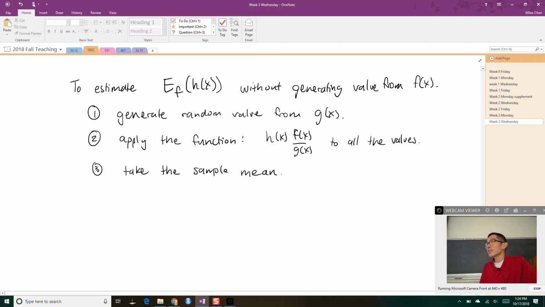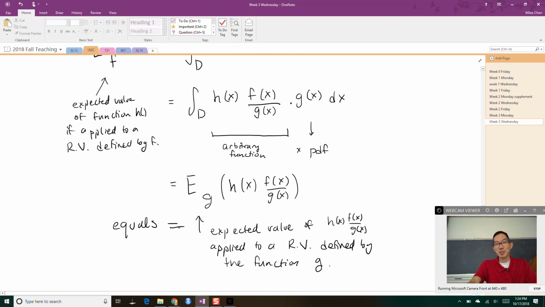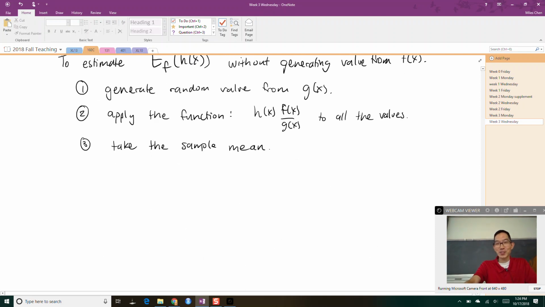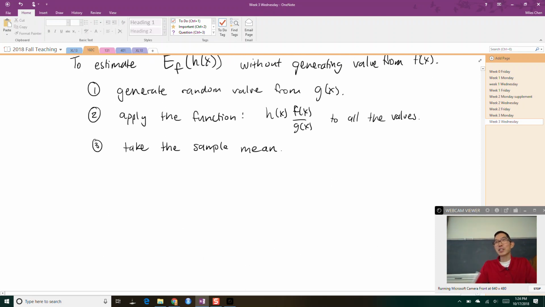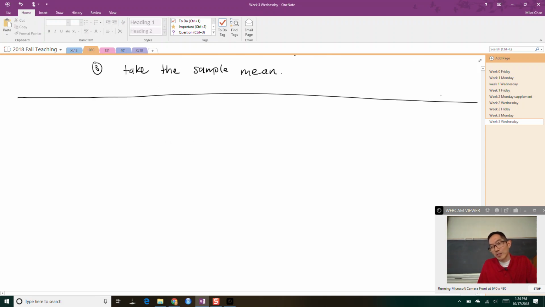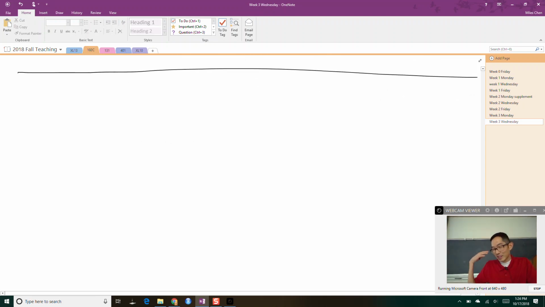Does that feel crazy that this would work? It feels a little crazy, but it's okay, all right? Because mathematically it makes sense that these are equal, okay? But, you know, the process feels weird. We're like, what? We're not even generating values from f. We're generating values from something different, g, okay? All right, so just kind of intuitively, it makes sense in my brain. Of course, maybe